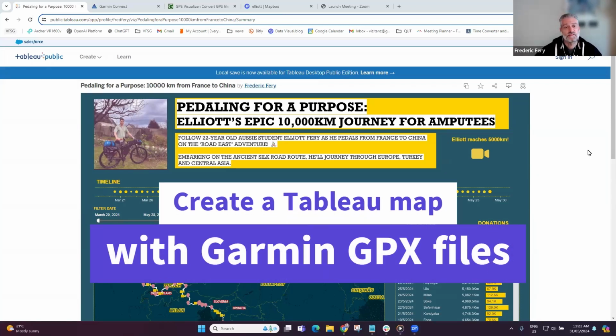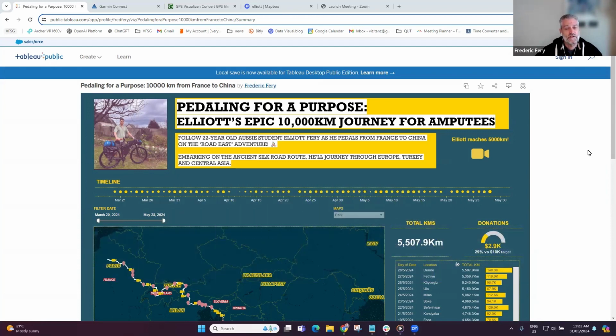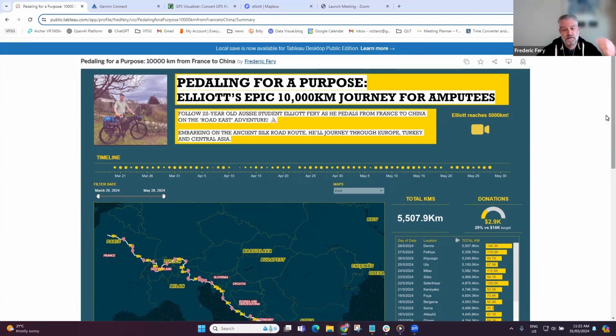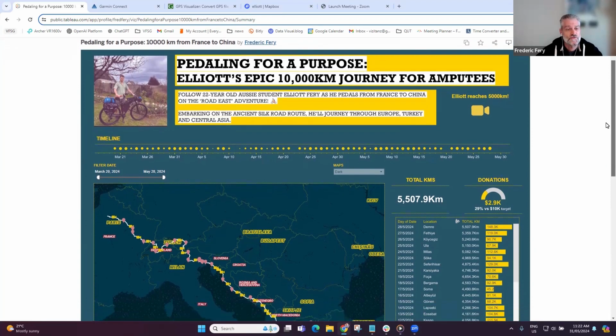Last week, I published a Tableau data viz on Public, showing my son's epic adventures. He's riding from France to China, 10,000 kilometers for a charity. He's actually fundraising, so I can put the donation link in the comments if you're interested. He actually told us yesterday that he's now decided to go from France to Australia, so even longer, so way